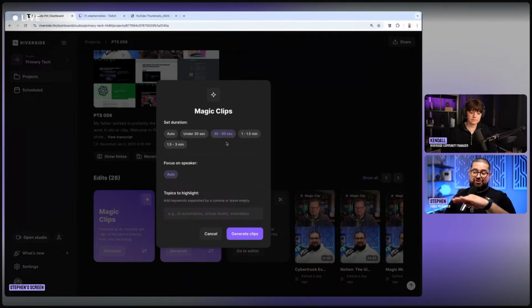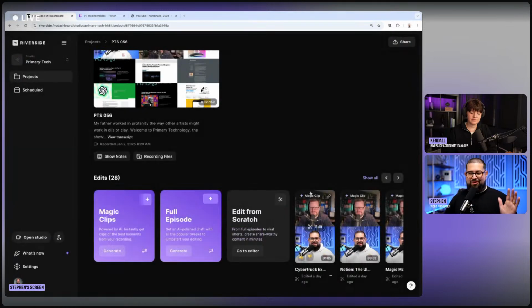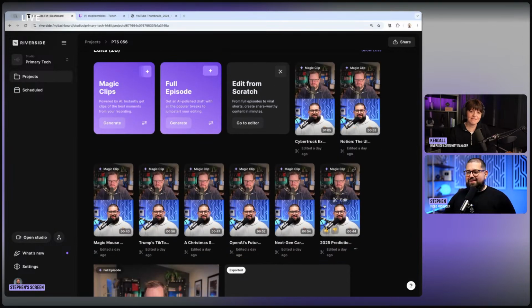And Magic Clips controls let you choose one more time how long you want it to be, if you want to focus on specific speakers. And you can even type in a word, and Magic Clips will be generated based on the topic that you put here. Amazing. Wow. Really, it's definitely one of my favorite features,